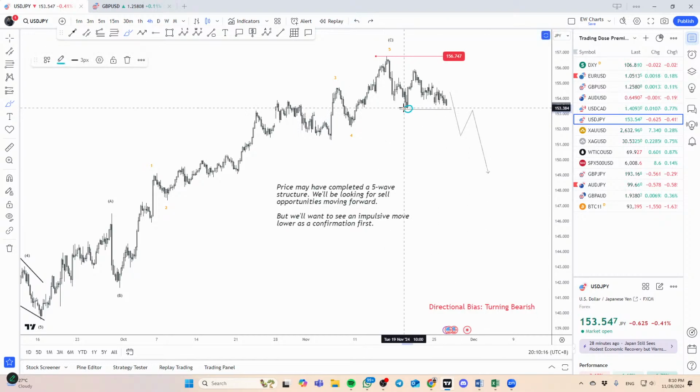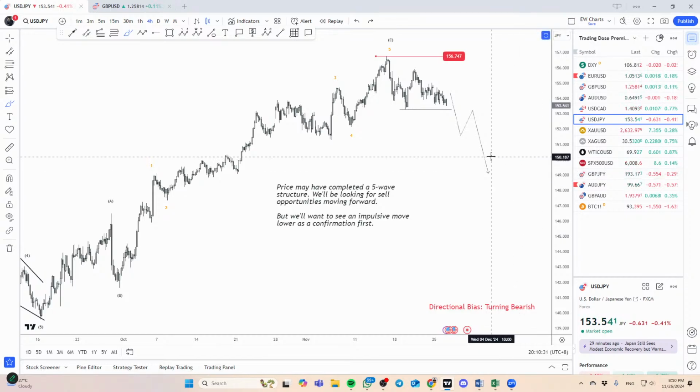But the confirmation level is still here, and I would like to see some momentum breaking through before committing to the sell side of things, right? But if you look at other yen pairs like pound yen and Aussie yen, the direction on the yen pairs is definitely there, as well as the setup. I think it is a little bit better on the pound yen as well as the Aussie yen. Okay, but dollar yen here seems a little bit not as clean at this very moment.